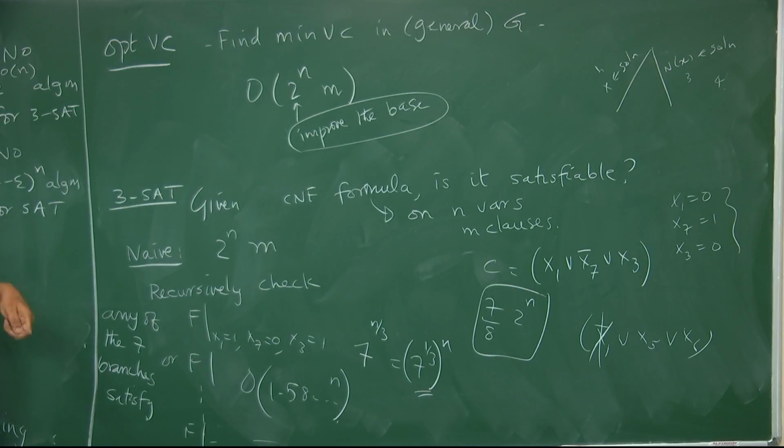For 3 SAT, we have very good algorithms with much less than 2 in the base. But we don't know 2 to the power little o of n. We don't know it. So this tells you that even improving 2 power n is sometimes not very obvious. So I'll end with a good exponential time algorithm for dominating set. Okay, it also uses branching and